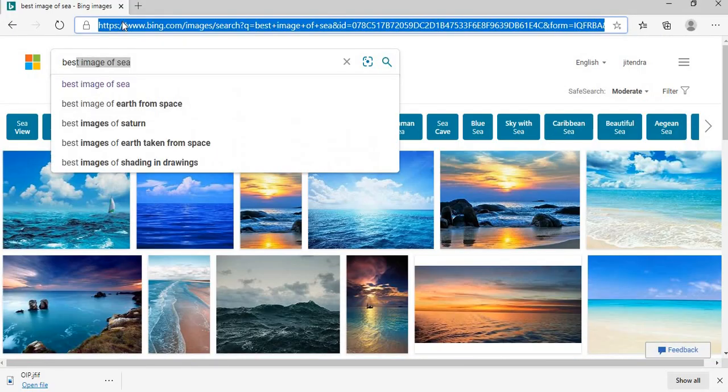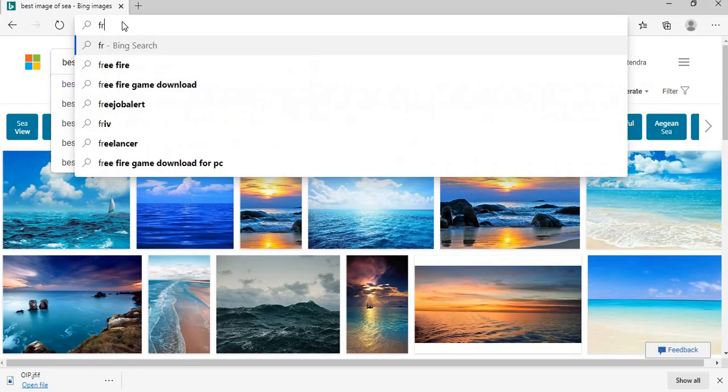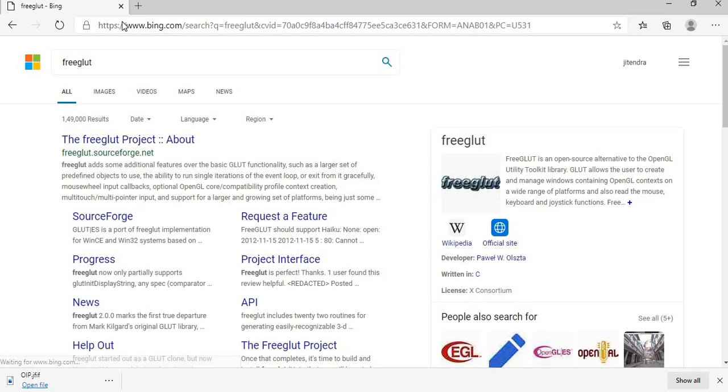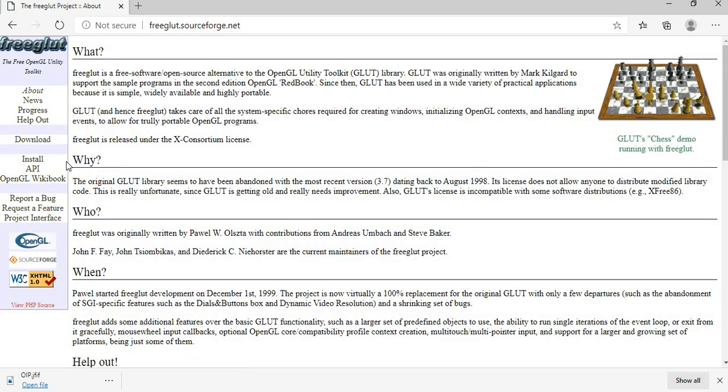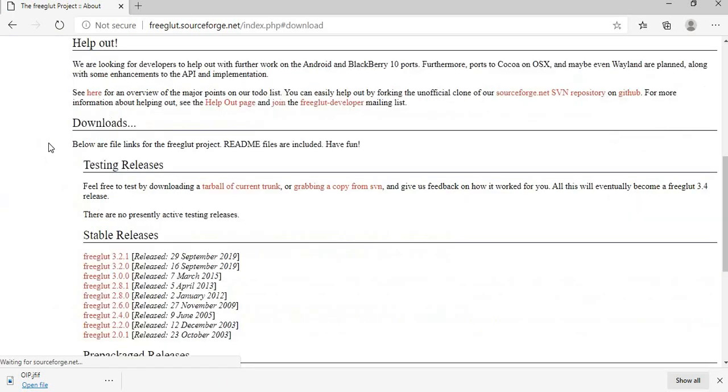You need to type FreeGLUT, and this page will open. Go to download and download the latest version of FreeGLUT.